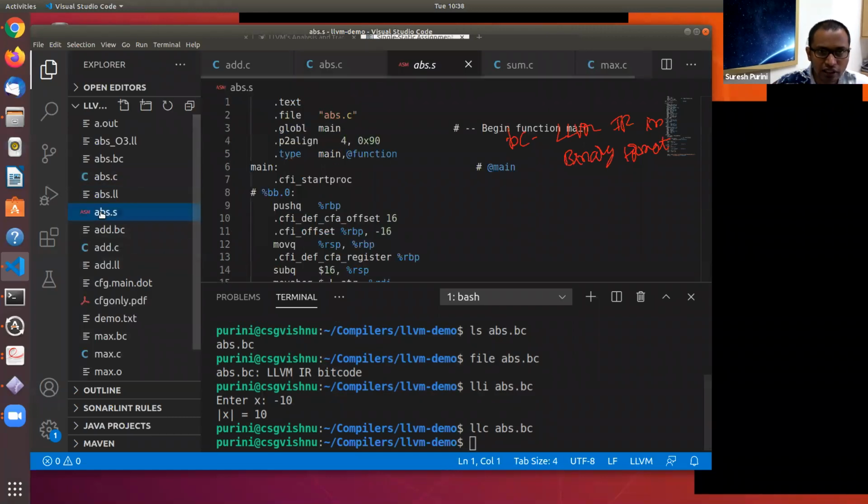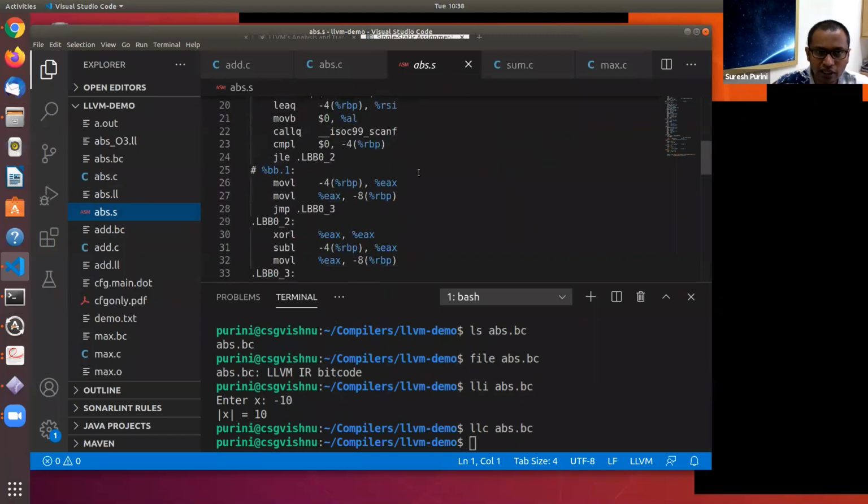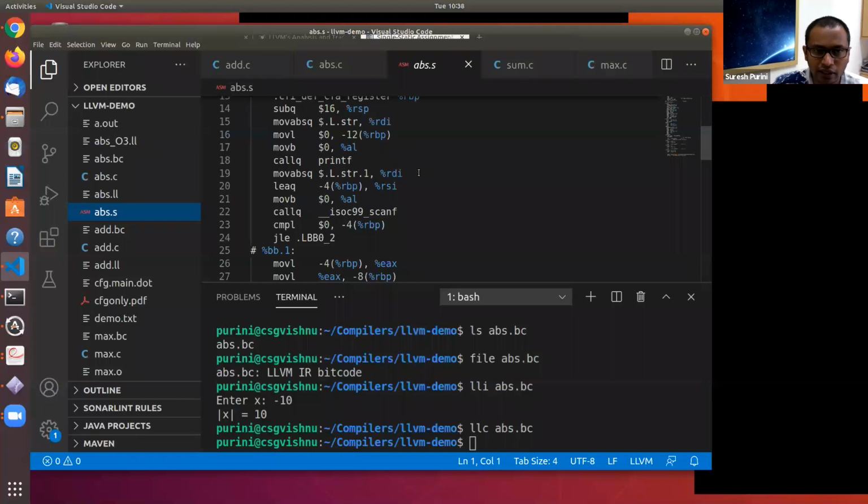So you can see the abs.s file. This is the assembly code associated with this IR. So LLC is a code generator which takes LLVM IR and generates the target machine code.